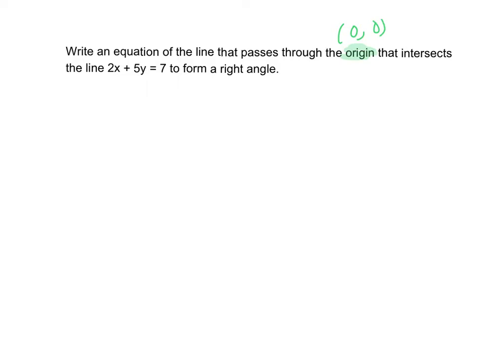Then I read along and I see that it says it forms a right angle. Okay, and what that means to me is that we're talking about a perpendicular line to this line. So that means I want a perpendicular slope. So my first step would be to rewrite this equation in slope-intercept form, find the slope, and then take the negative reciprocal of that. So if I take 2x plus 5y equals 7, I want to solve for y, so